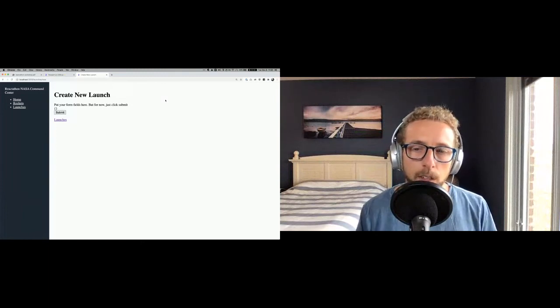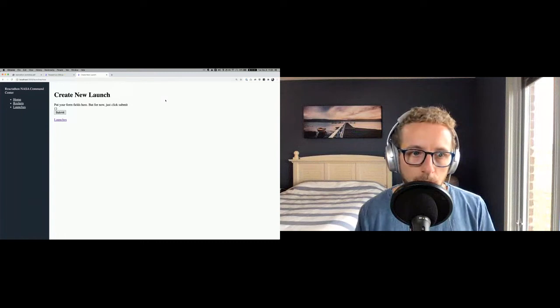Let's use the Blitz console for the first way. So if you run Blitz console in the terminal,